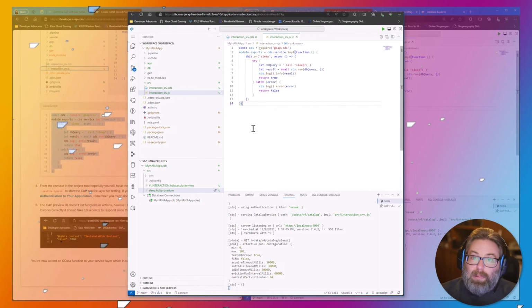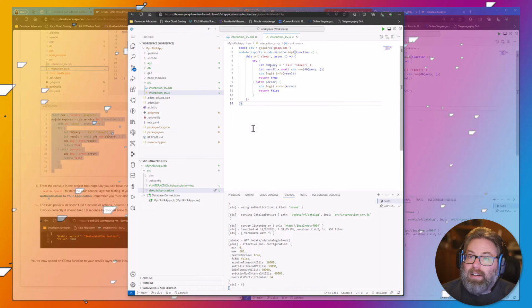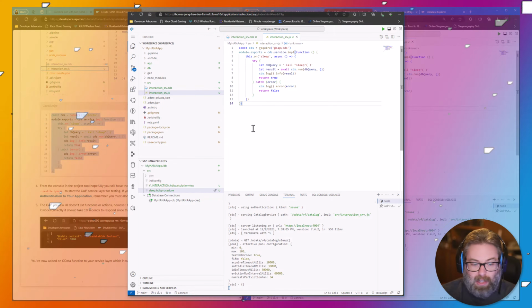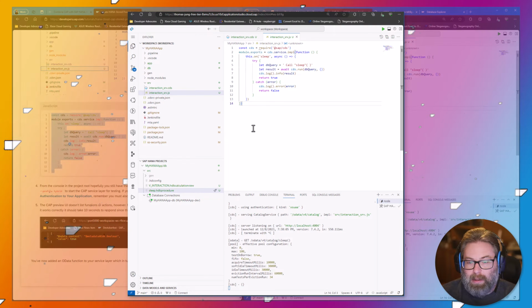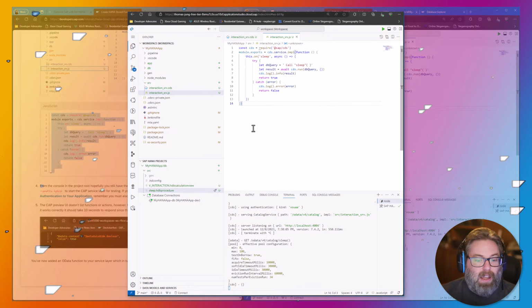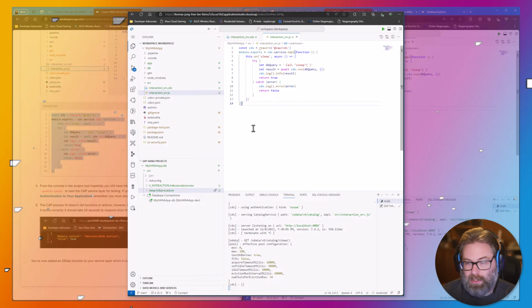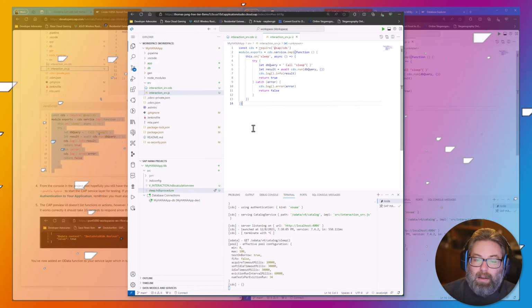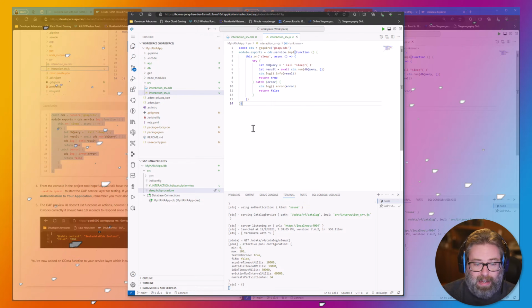So with these steps, you've now seen how to add an OData function to your service layer, which in turn is implemented via exit handler, and that handler's logic calls an SAP HANA stored procedure, which we built and deployed using the same CAP project that we've been using for everything else.